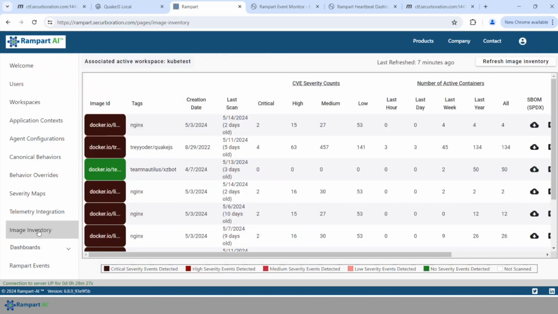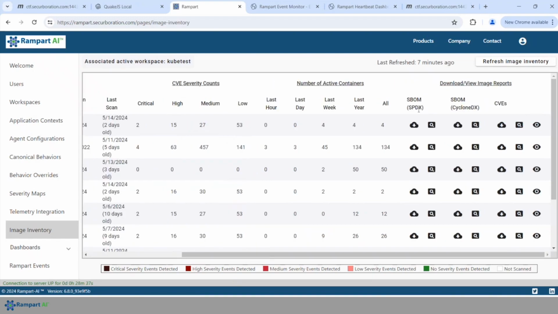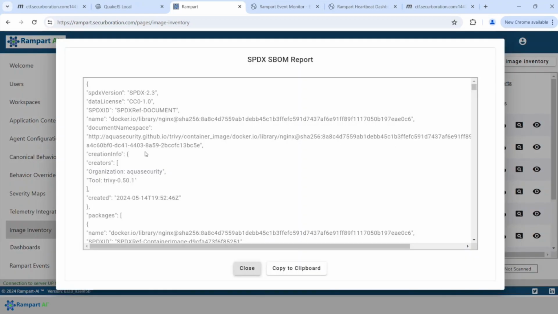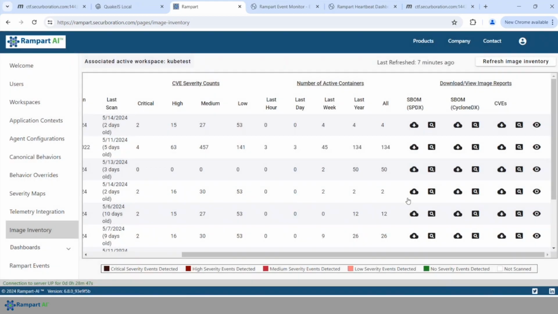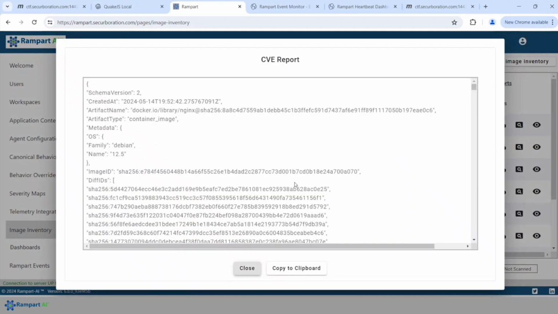Now, if I go back to my image inventory view, another thing I wanted to point out that I kind of glossed over before: you can also download SBOMs, bills of material, in SPDX format or CycloneDX format, or you can just view them in the browser. It's not terribly beautiful, just lots of JSON essentially. It gives you information about all the layers and what's inside of all the layers inside of the image. And then, of course, you can also look at the CVEs themselves, and this is interesting